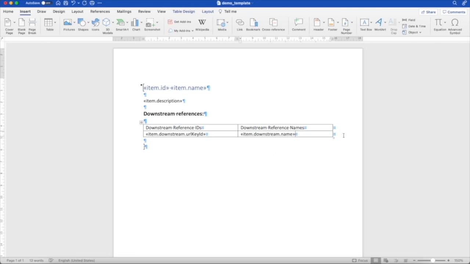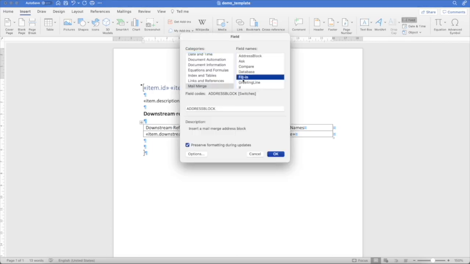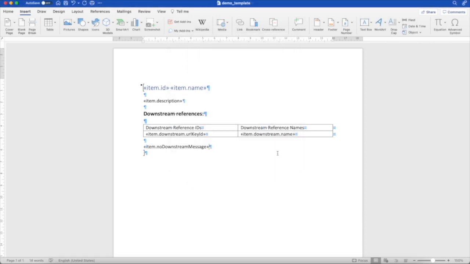Okay, and what I will finally add here is just a message if the particular work item exported does not have any downstream references. In this case, the merge field will be called no downstream message. I will save this. Let's note that an item could have multiple downstream references. So, of course, in that case, and I'll just make these